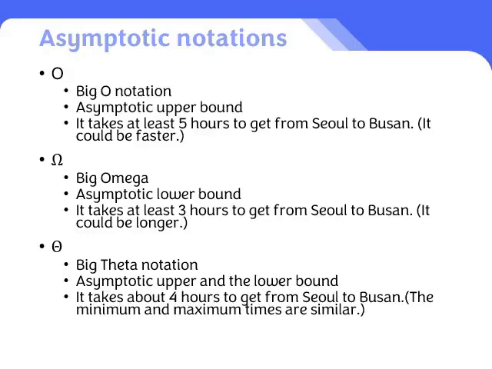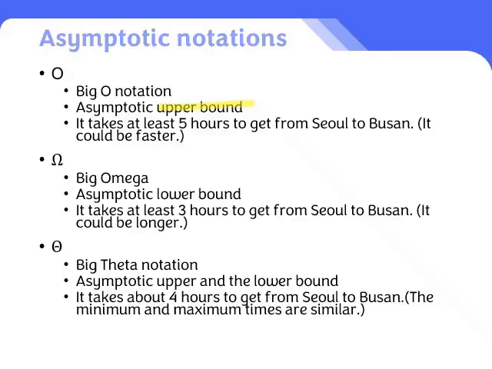Big O notation refers to the upper bound, or the worst case scenario. So, what this is saying is, how long do you think it will take to get from Seoul to Busan? Well, no matter how late it is, you'll arrive within 5 hours. It's similar to talking about it in this way. In reality, though, it might take less than 5 hours, maybe 4 hours, or if there's no traffic, you could even get there in 3 hours. But what we're guaranteeing is that it won't take more than 5 hours.